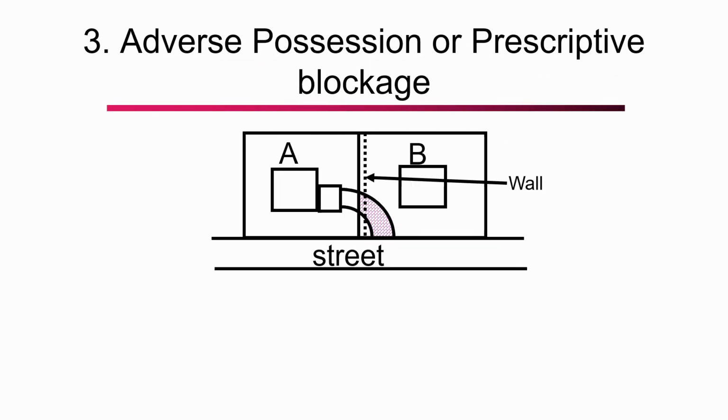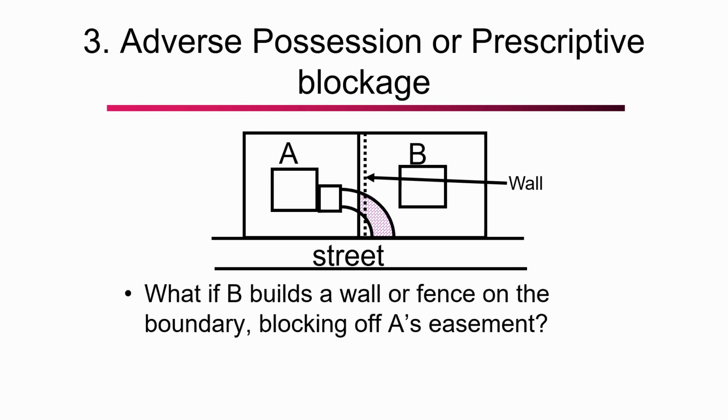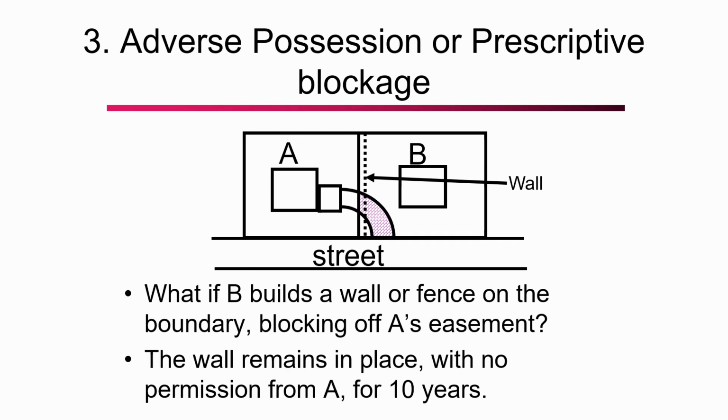A third way that an easement might be terminated is sometimes called adverse possession and sometimes called prescription. I like to call it prescriptive blockage myself. Here's what happens. A has a driveway easement over B's land, and B builds a wall or a fence on the boundary that blocks off A's easement. Now, obviously, that's illegal. A could bring a suit, get the fence or the wall enjoined by the court, but A doesn't do anything about it, and time goes on,